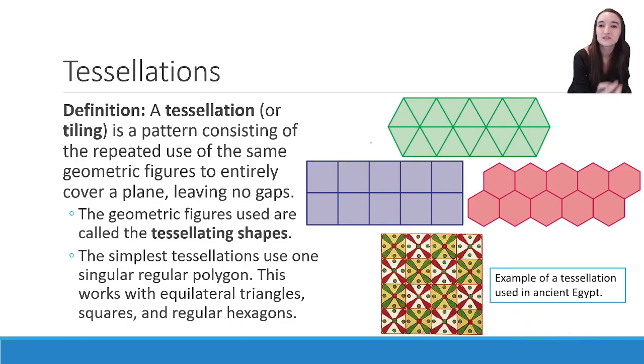But the point is, when it comes to regular shapes, remember, regular means polygons that have all the same sides and all the same angles. Only squares, equilateral triangles, and regular hexagons will tile. If I picked a regular pentagon, which looks approximately like this, but again, picture that with the exact same length sides and same angles, this will never tile. It will end up